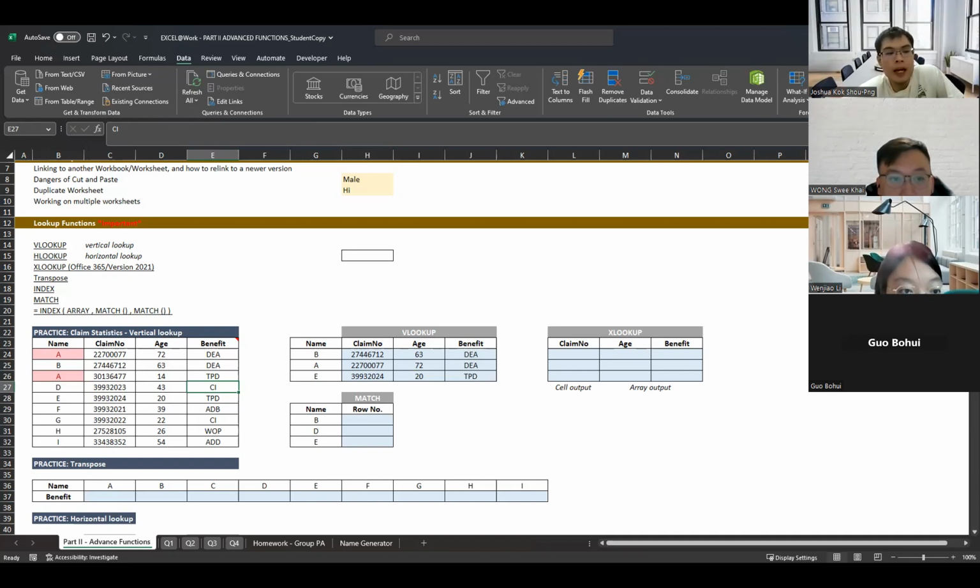As in, how do you return a list of all the matches? So let's say we want to get the death benefit for maybe the policy holder has 3 policies, for example, then that person dies. Is there a way to return a list of all the claim numbers or all the benefits associated with that client? I think there is a function to do that. I think XLOOKUP is able to do that. Maybe let's try that later, because I don't really use this on a daily basis. So maybe let's take a look at that later.